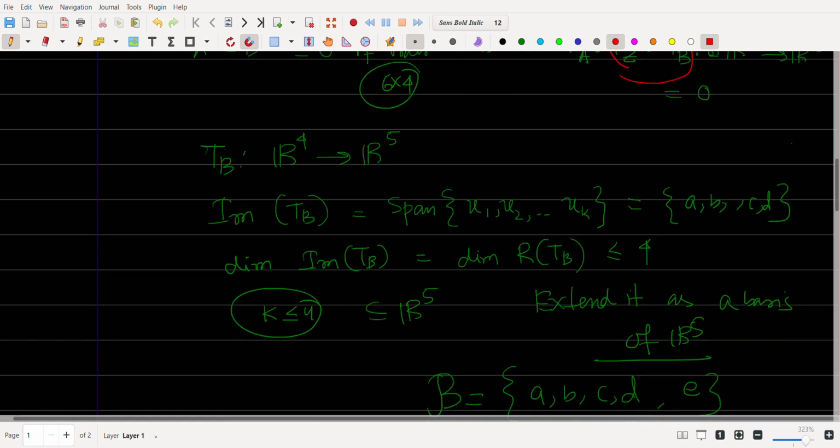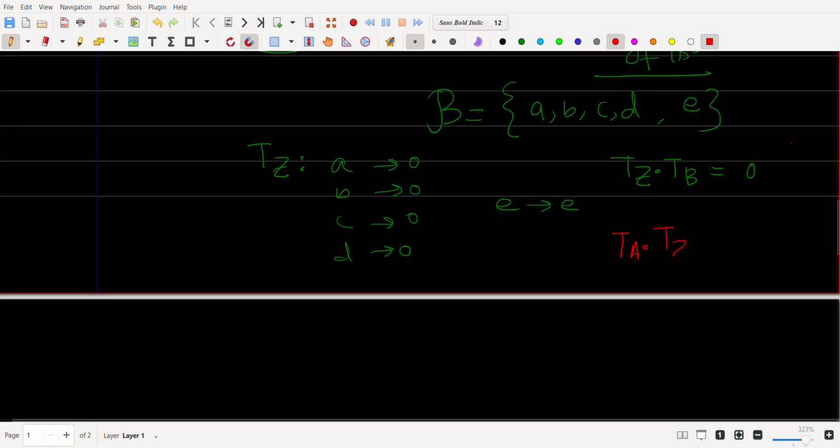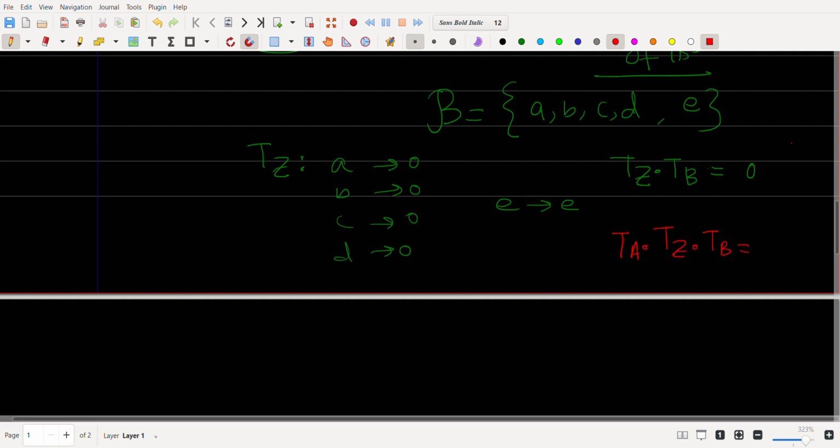Now if TZ compose TB is 0, then you can compose it with TA, it doesn't matter, right? Because then TA compose TZ compose TB is also 0. So we find the linear map TZ such that TA compose TZ compose TB is 0. So that is the idea. You can do it for any